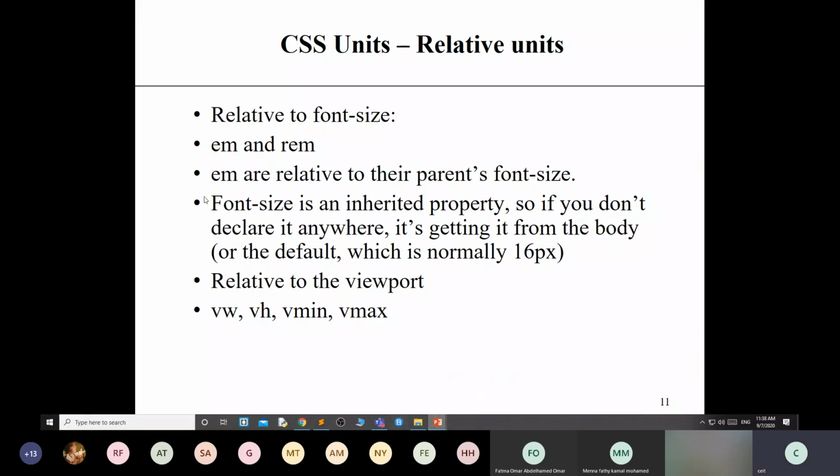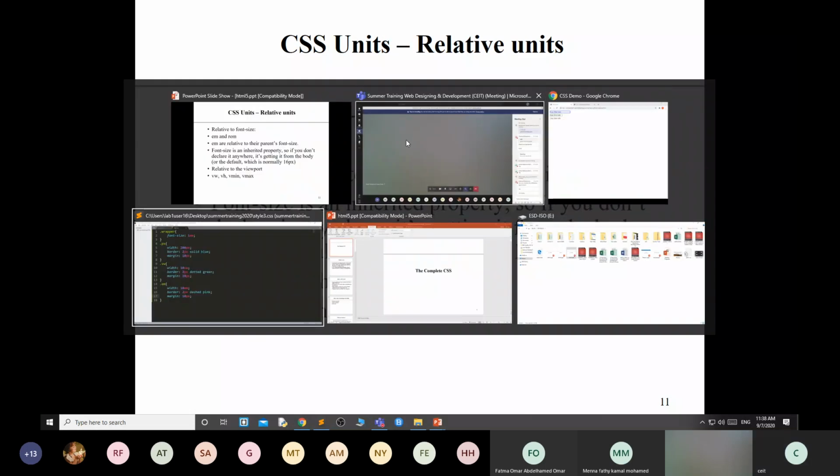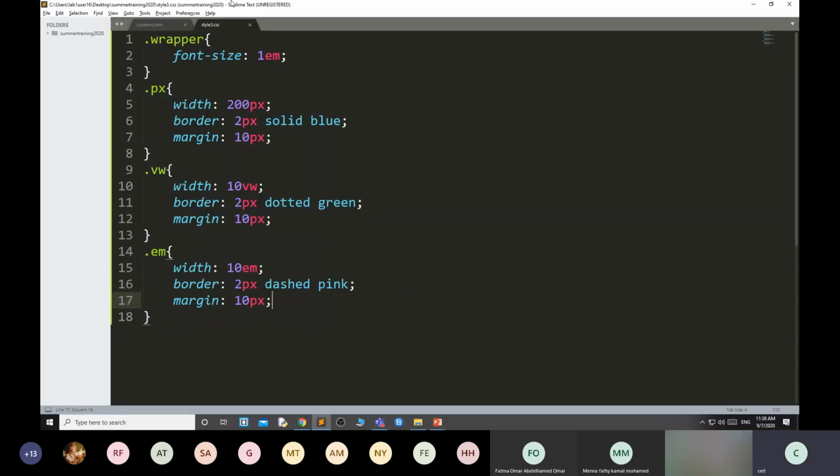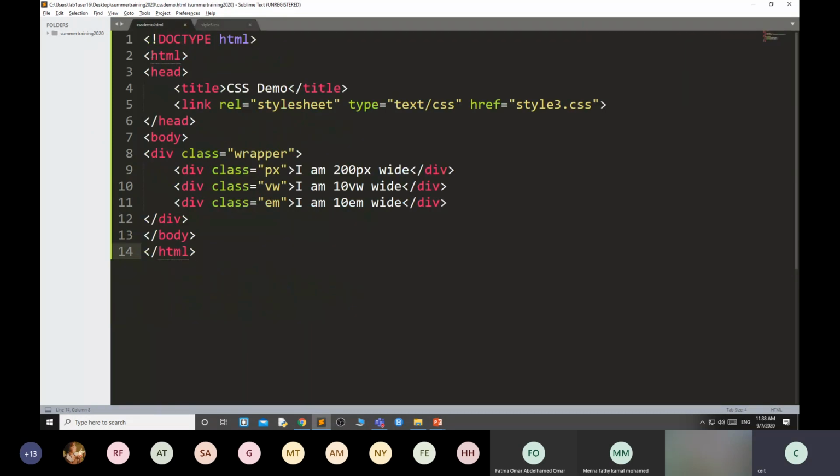Then we will see the difference between EM and REM. See, the difference is EM is relative to its parent's font size, but REM is relative to the root font size. Root is what? In the complete HTML page, your root is HTML.